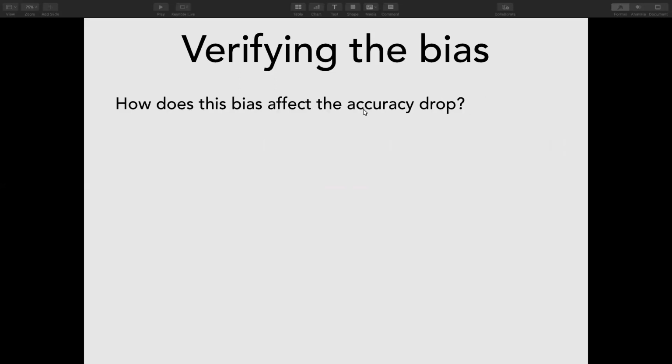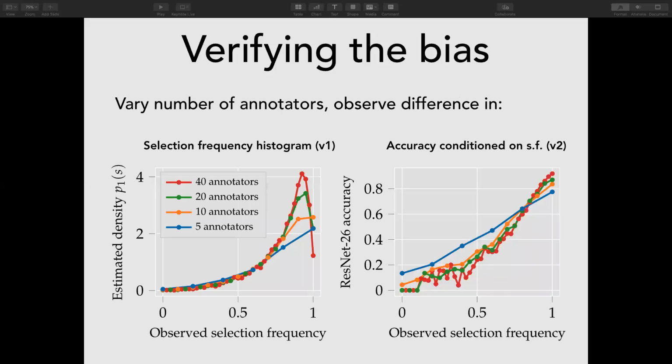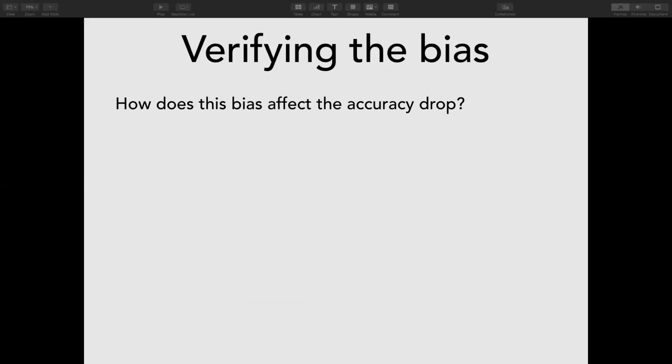Okay, so in the last two graphs, this is exactly the kind of statistical bias we were hoping to pin down. We show that as you increase the number of workers from a small number to a larger number, you see a consistent change in the trends, for both statistics with respect to accuracy and statistics with respect to histograms. And so the natural question is, how does this observed